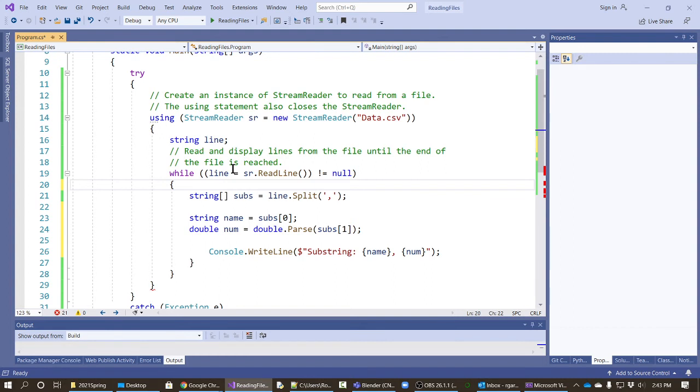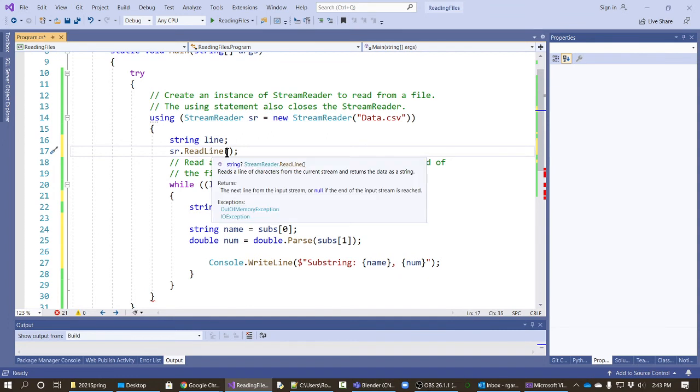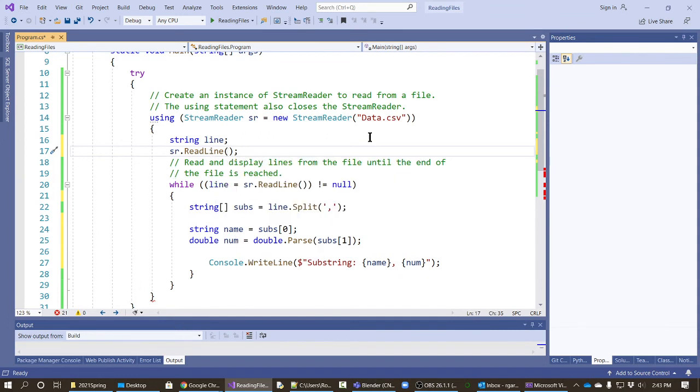The other thing I need to do is get rid of that first header row. So I'm going to put a line here because that first header row won't parse as a number. That will read the first one, and then we'll start reading each subsequent one. So we end up with